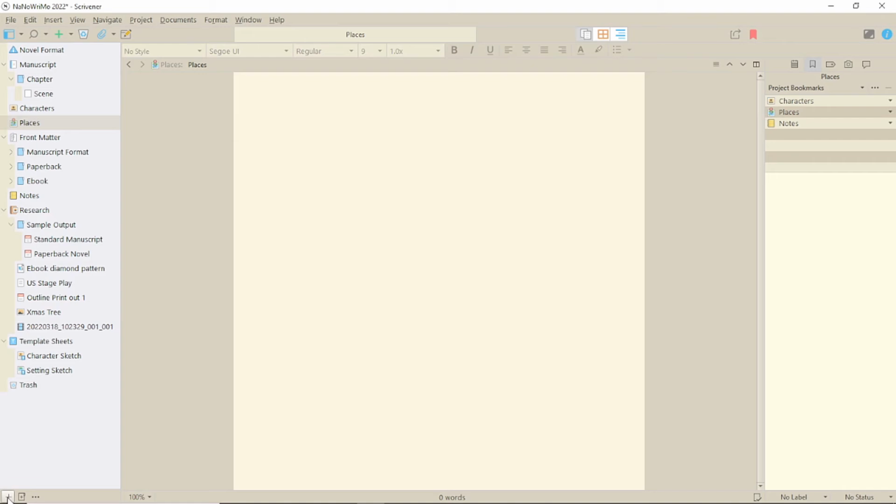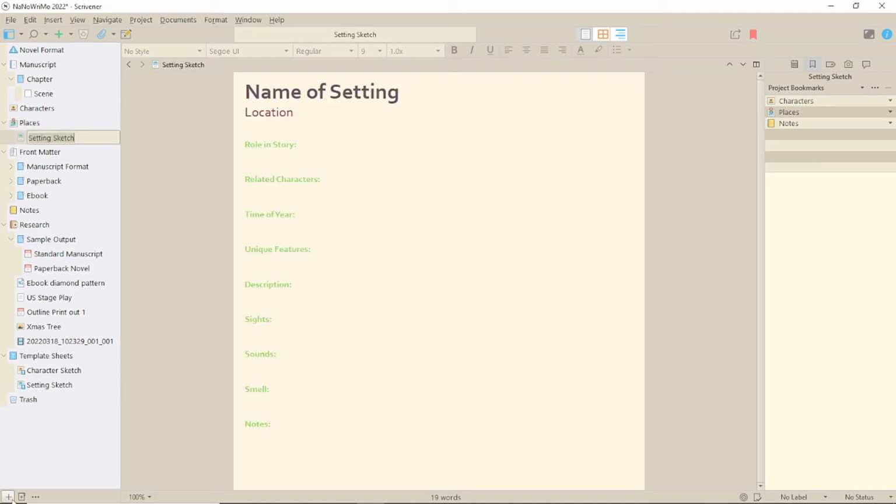To actually use the templates for your novel, you'll see two folders already created in the binder. Every time you add a document to one of these folders, it will use the current version of the template from the template folder as a basis. All you have to do now is to get planning.